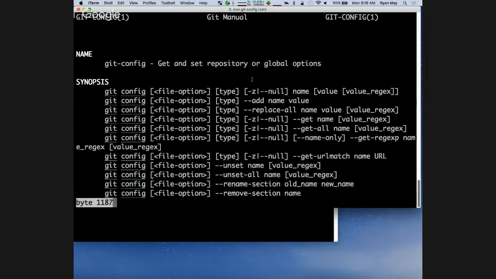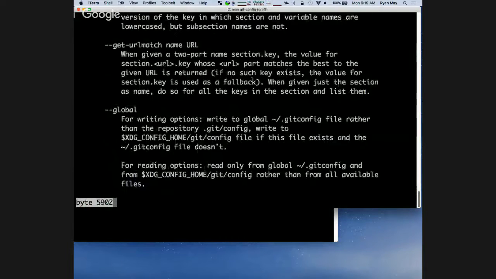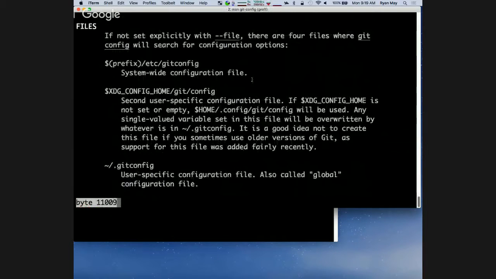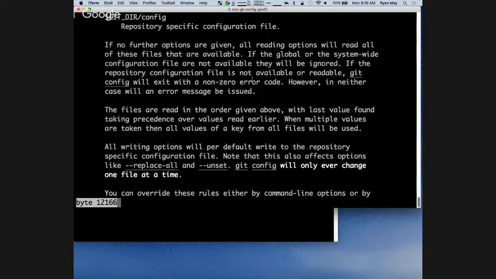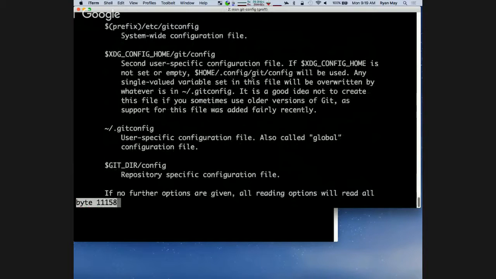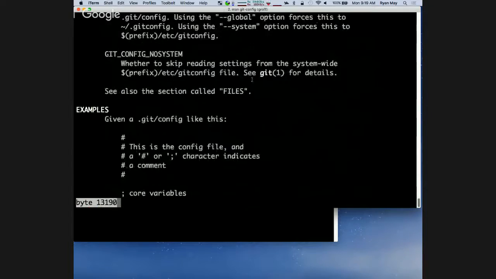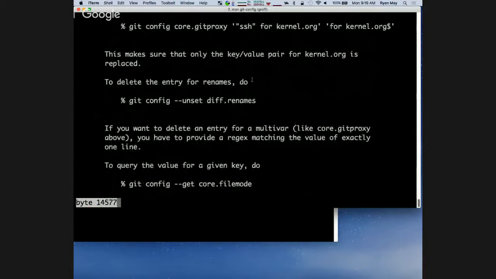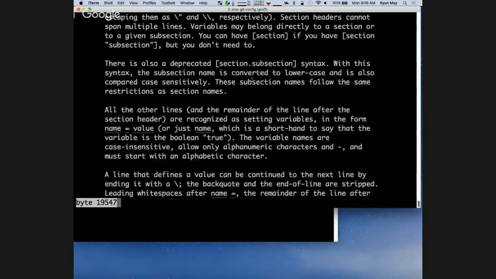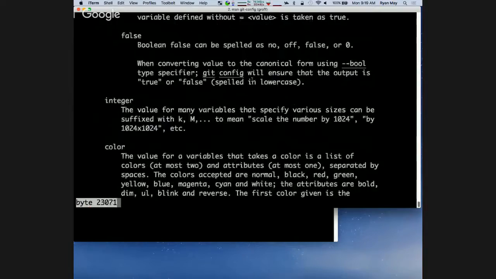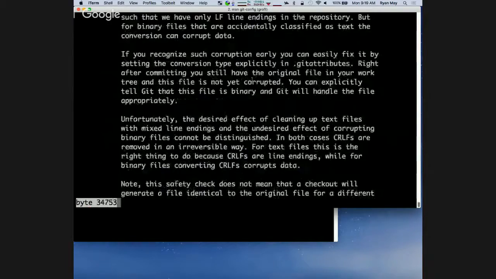Command git dash config, does that, let's see. Get too into the weeds here.